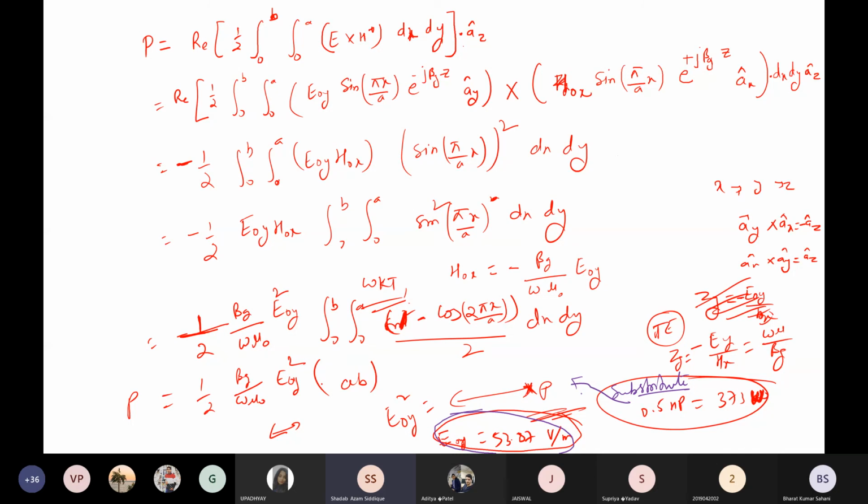So we'll try to take a few problems on rectangular waveguide in the next class also, and then we'll start with the circular waveguide. So meanwhile, you have the notes. You try to see the circular waveguide, how it can proceed. Here the concept is different. A few things are different because we cannot proceed with the rectangular coordinate system like x, y, z.